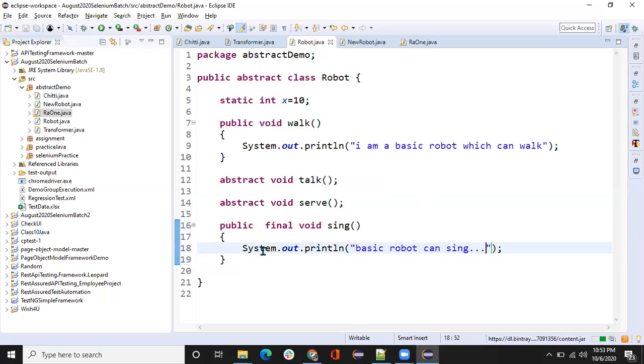Let's say something like this. What will happen after this? If I make any function as final,